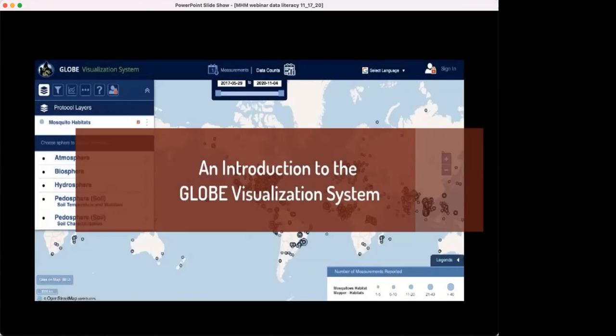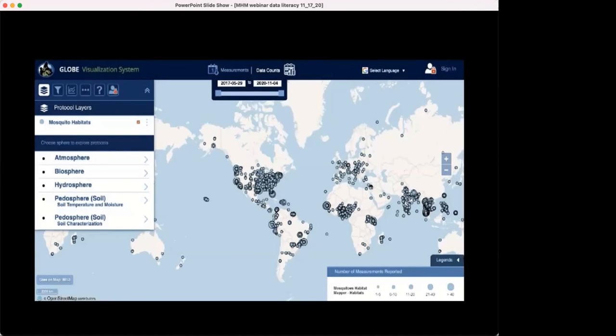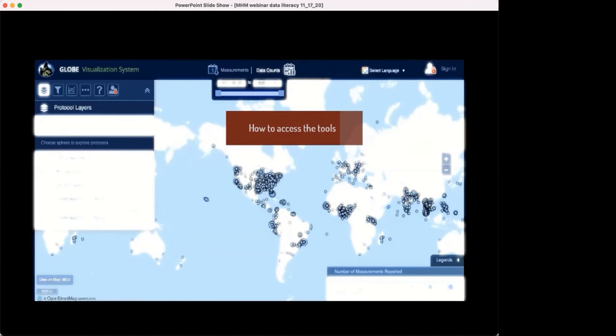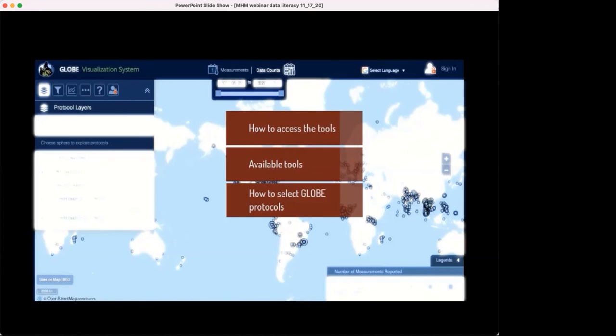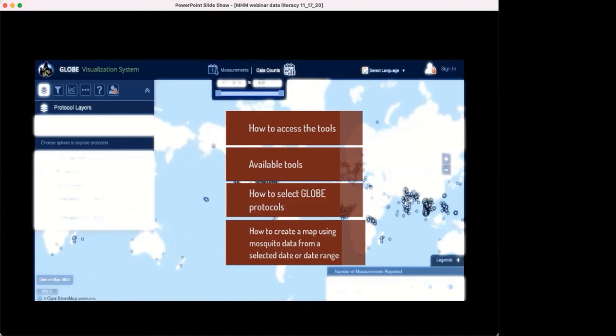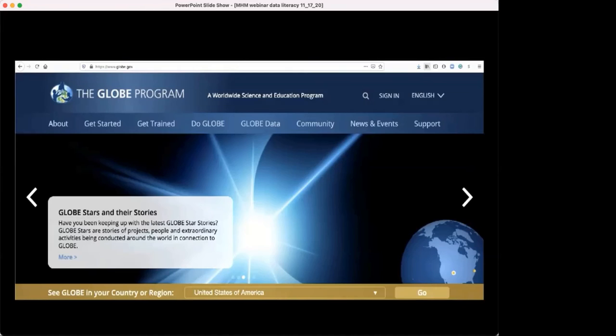An introduction to the Globe visualization system. Globe Visualizations provides the ability to view and interact with data measured across the world. This video will cover how to access the Globe visualization tool, a bit about the tools available, how to select Globe protocols to fit our question, and how to create a map using a mosquito dataset from a selected date or date range. First, find the Globe homepage at this URL,